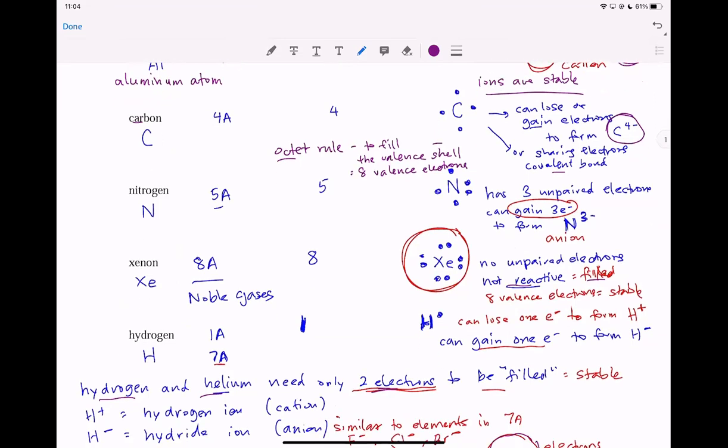So elements will lose electrons. Those are metals. I'm going to write it on here. Metals tend to lose electrons because they can lose electrons to get to 8, going down to 0. And nonmetals on the right side tend to gain electrons. And this is gaining electrons and losing electrons. One metal will lose an electron to a different nonmetal. And then those are ions that then form the ionic bond. So we're going to get to looking at those bonds